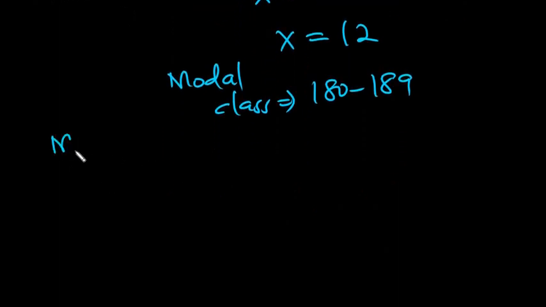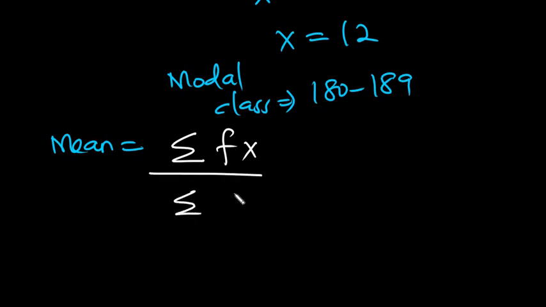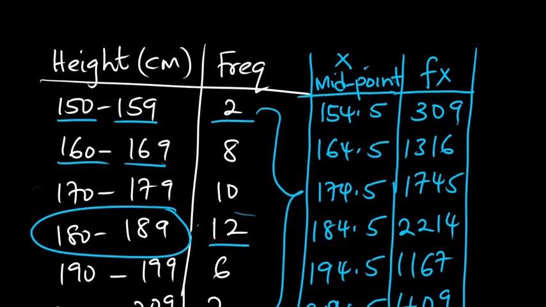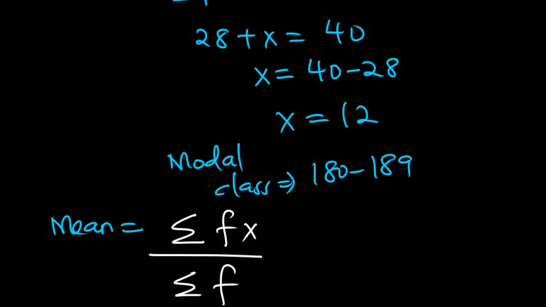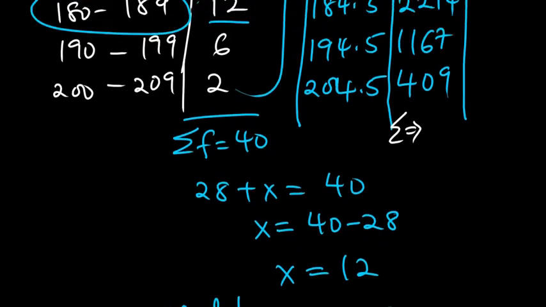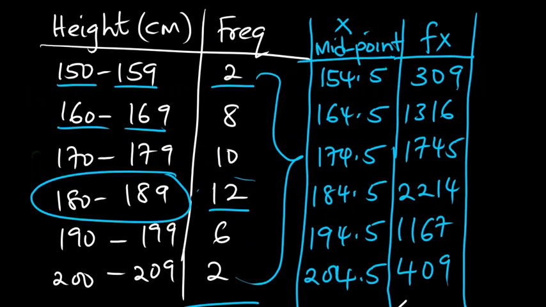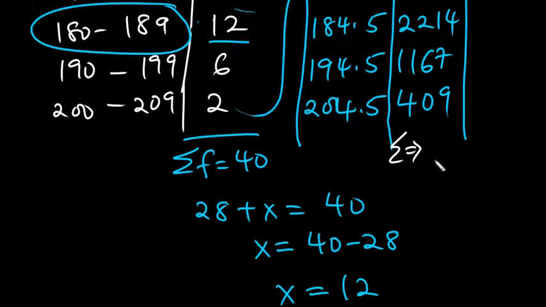to, so let me write here, the mean is equal to the summation of fx, okay, divided by the summation of the frequency. So we have this column fx, so we are going to get the summation of this column fx, and then after we have done that, we divide by the summation of f, which was 40. So let's add this all together. Or even you can use your calculators, you can pause the video and add all these values together, and I can see that the summation is going to be